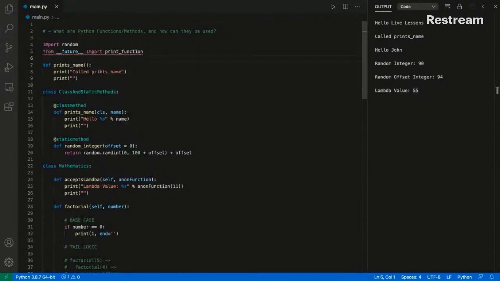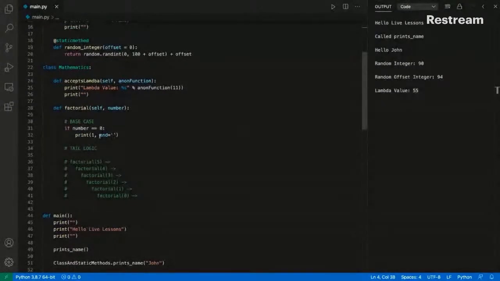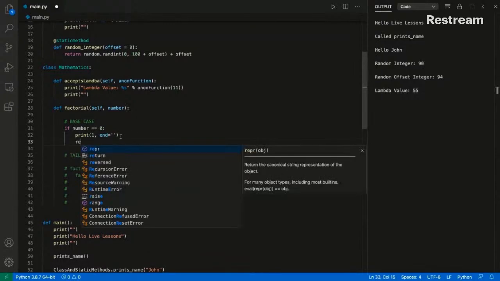All right. Oh, it has to be the first one. Yeah. We bring in the import for the print function, and basically we're able to do this now without any problems. All right, so aside from that, we also need to return